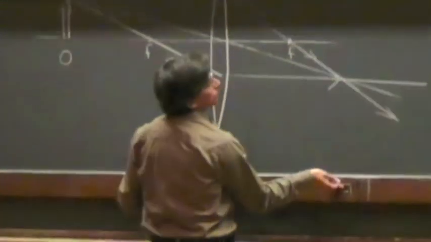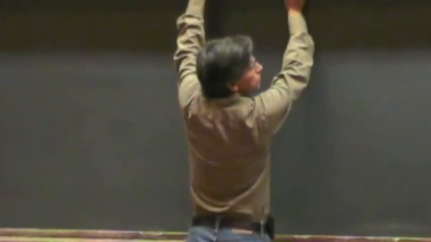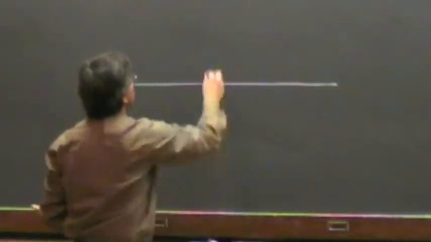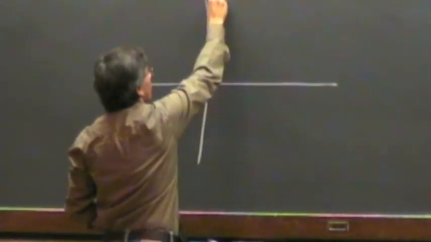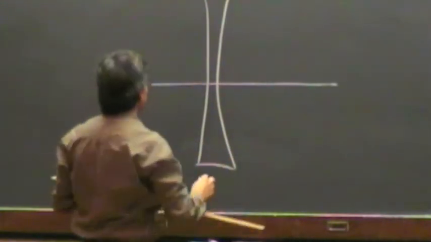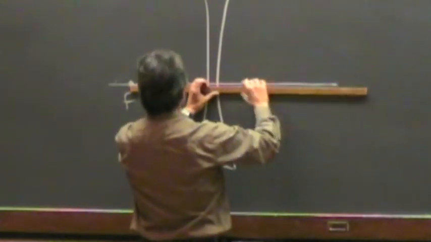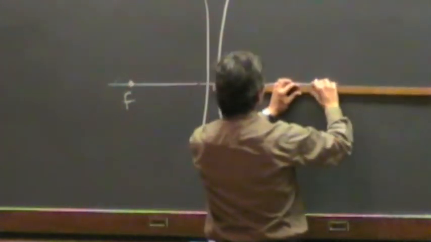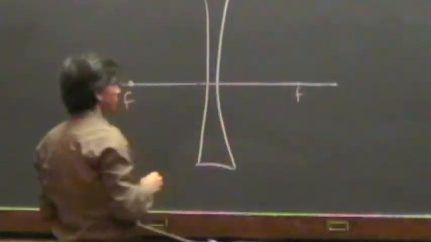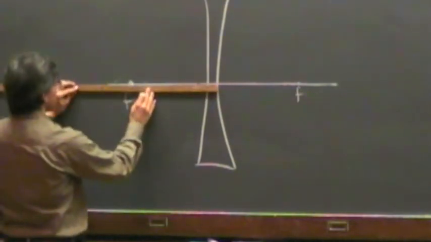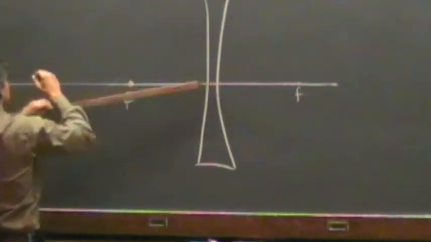Now what about a divergent lens? The divergent lens does something different to parallel light rays. Instead of sending them to one point, that's the other focal point. It has two, as before, the near one and the far one. And if you have your object sitting over here,